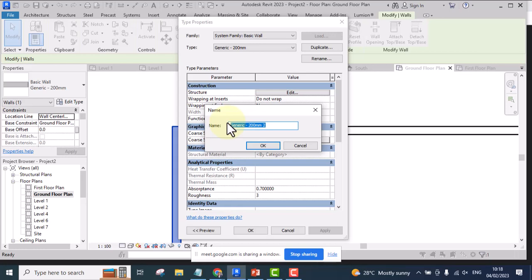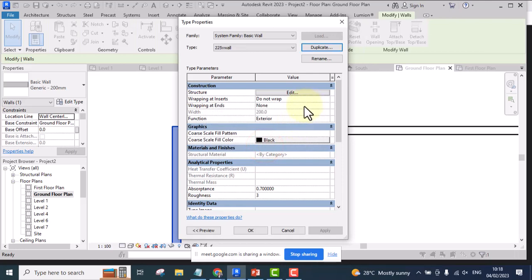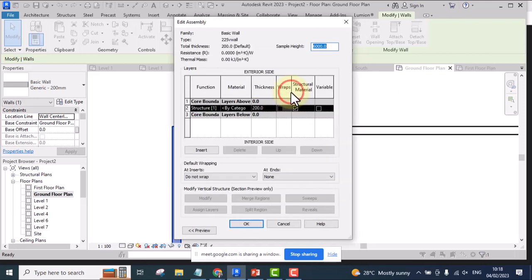So I'm going to rename it as 225 wall and click OK. Then under the structure, I am going to click edit. Here I can change the thickness to be 225,